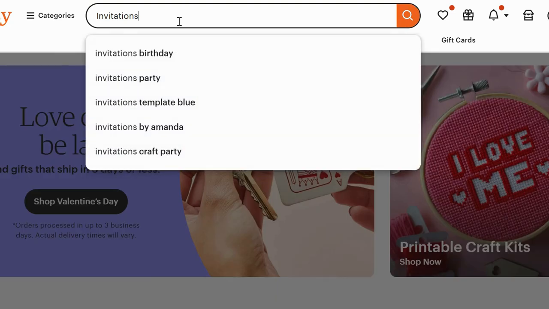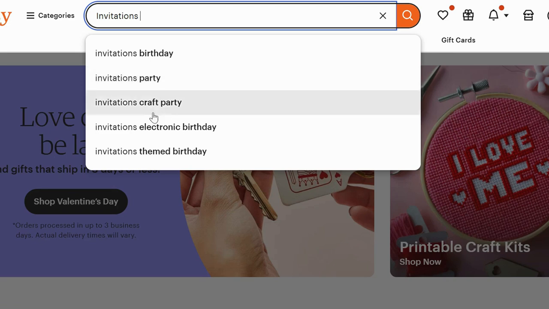We copy pasted that into there. And then what I do now is I like to use Etsy's autocomplete function. So we are using Etsy's search bar and Etsy's automatic suggestion to dive even further. When we type in invitations, you immediately see some keywords that come after invitations. These are the initial keywords that people are searching for, probably the most popular at this time,